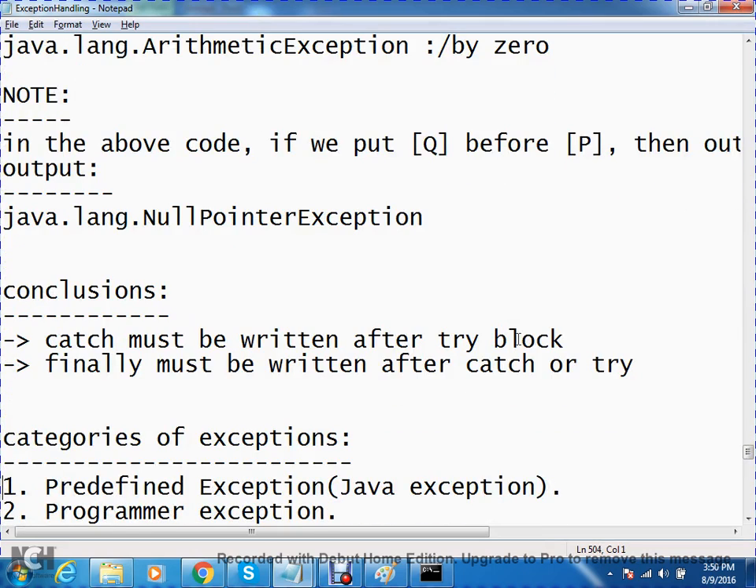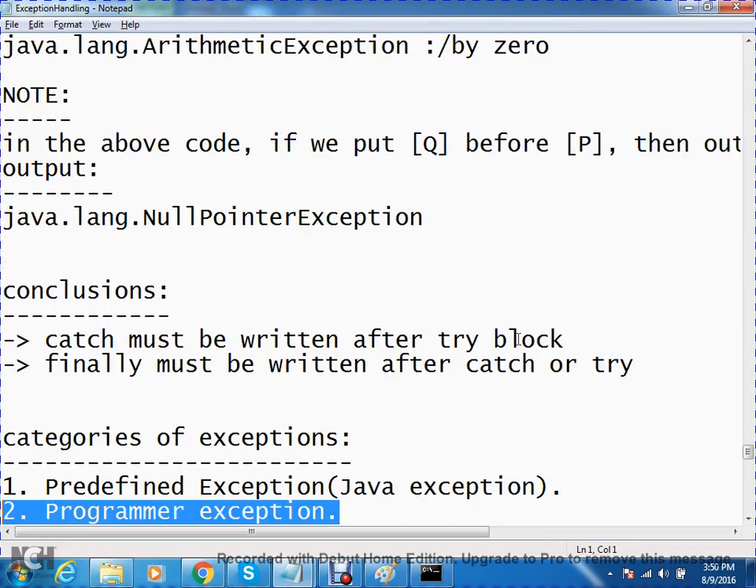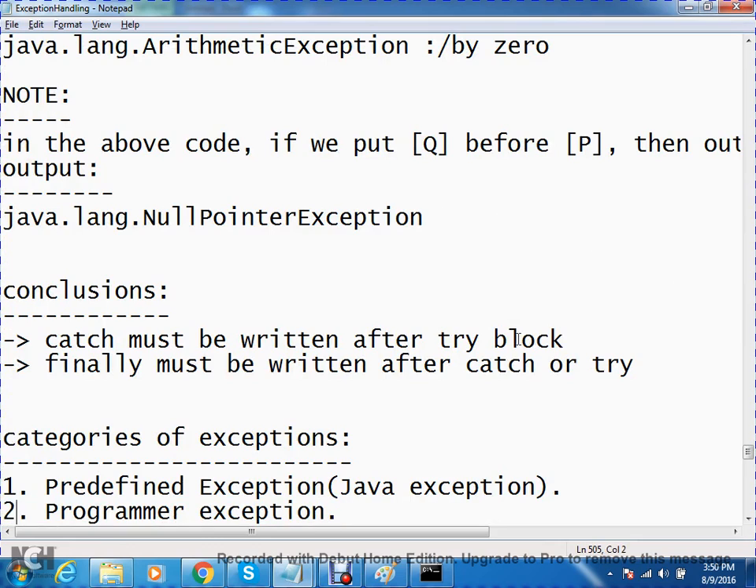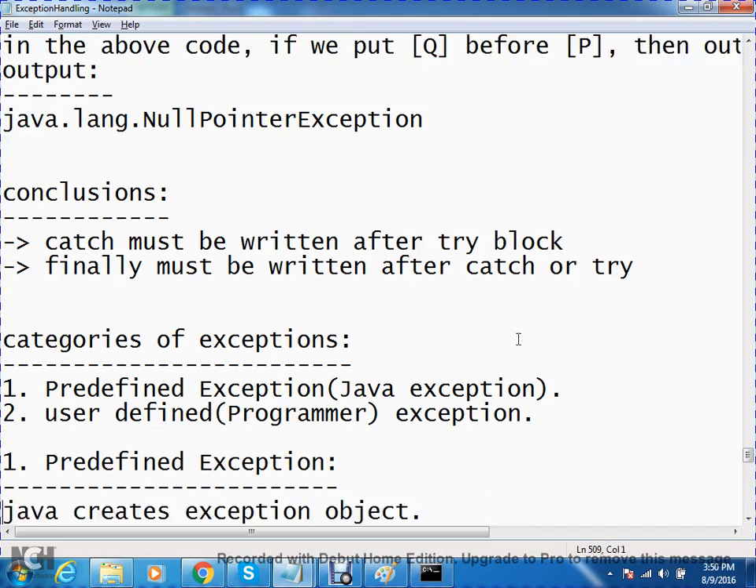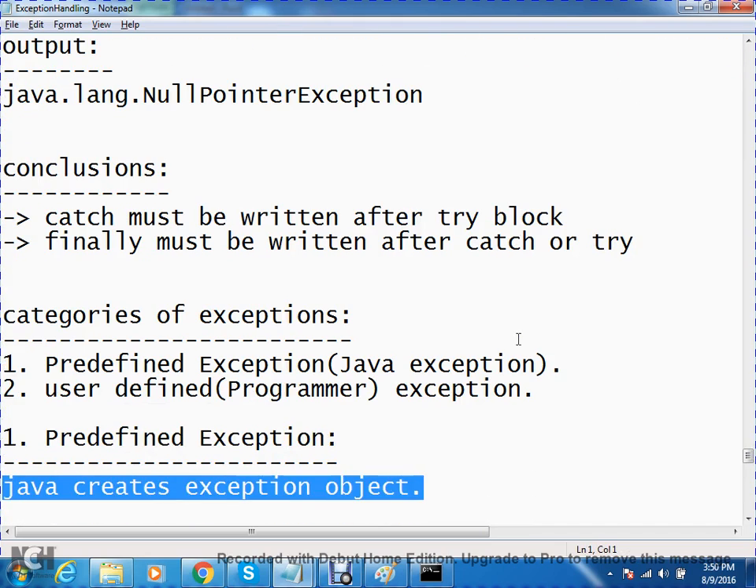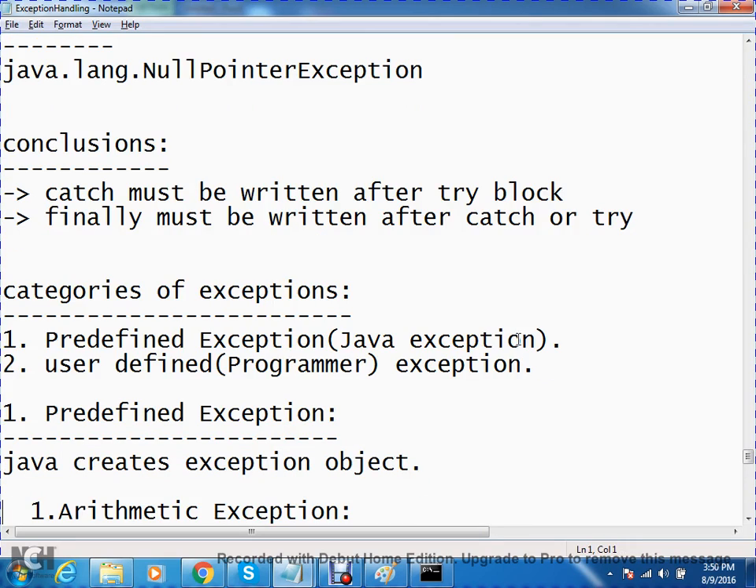Categories of exceptions: predefined exception, which is the Java exception, and programmer or user defined exception. Predefined means Java creating the exception object. Now examples: NullPointerException, ArithmeticException, ClassNotFoundException, ClassCastException, ExceptionInInitializerError,